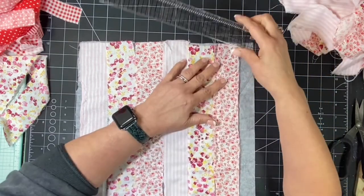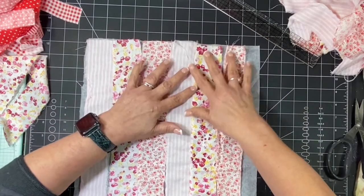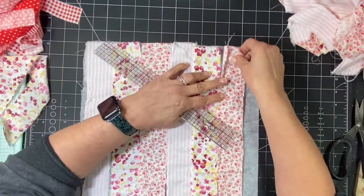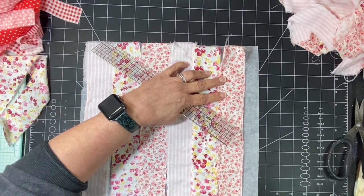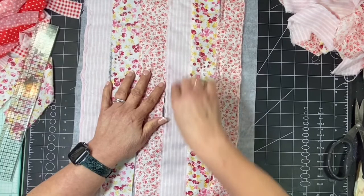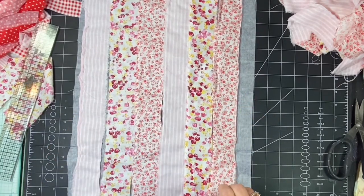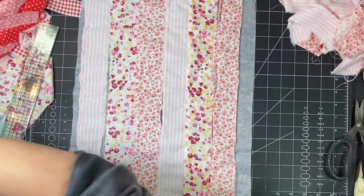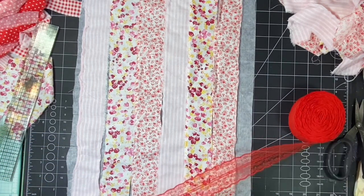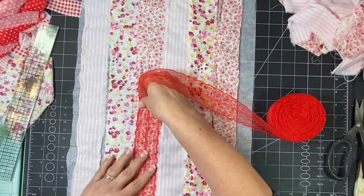Okay, so what I'm going to do is put my ruler, and I realize it's not perfect on the edges. It doesn't really matter. Move this one over a tiny bit, okay? Now, if I want any kind of lace or anything on these right here, this is when I would lay it on top, and I do on some of these bigger ones especially. So I'm trying to decide if I really want that on there. If it's too much,